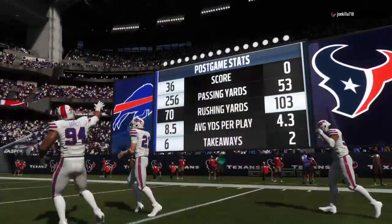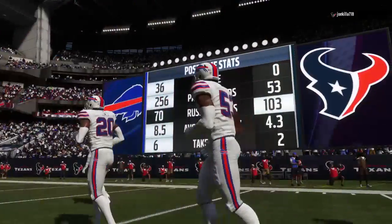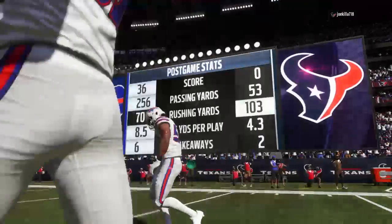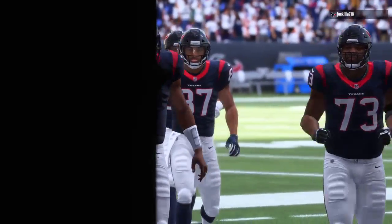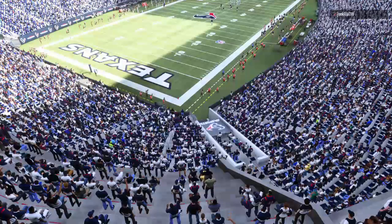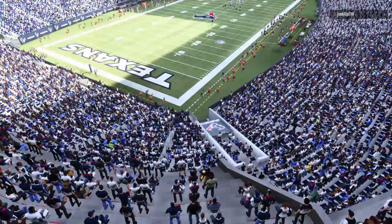So for the Bills, that early momentum continues here as they move to 4-0. And they'll return home next week to take on the New England Patriots. Meanwhile, for Houston, they'll sink now to 0-4. And they'll look to regroup next